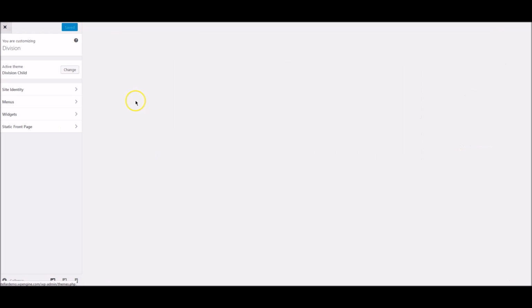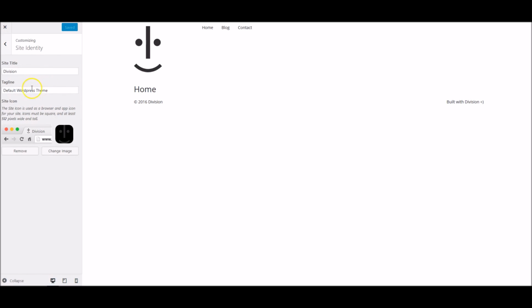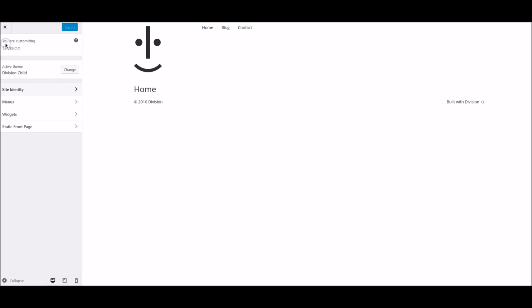Customize will take you to the front end, and you can add a few different things, like the site identity, which is essentially like the favicon, right? You can see we have a little smiley face here. Menus and widgets, which we're actually going to get into right after this, and we have the theme and stuff. So we'll just click out of this. I'm going to show you